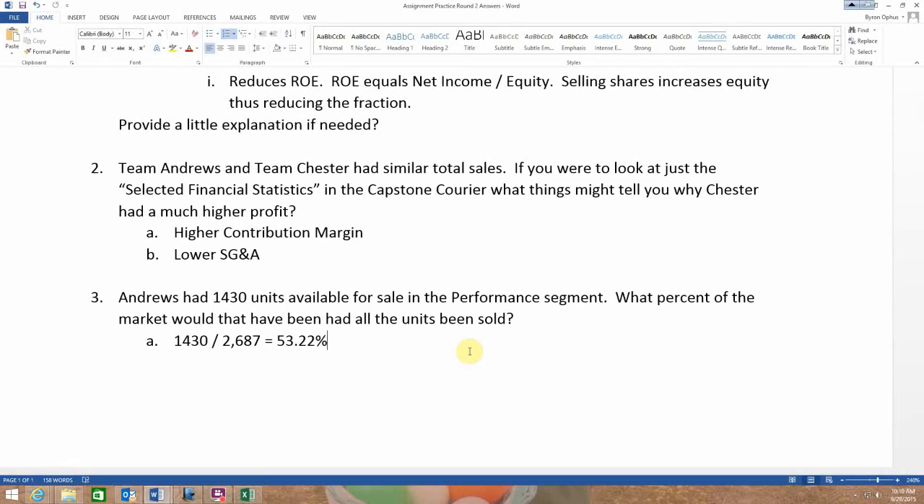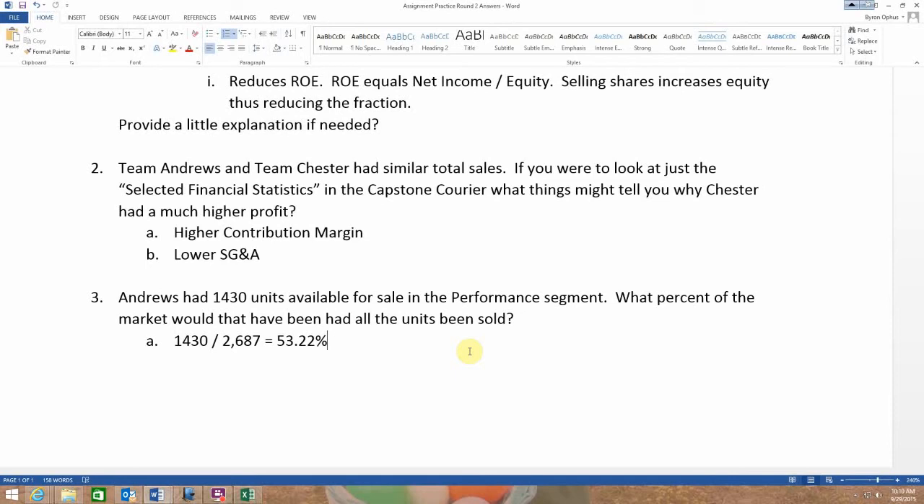That's huge, unless you're positioned and or your competitors are positioned to allow that to happen. And we'll take a look in round 3 that is happening in a couple of the segments. Okay, not for Team Andrews, but for one other team. And so,